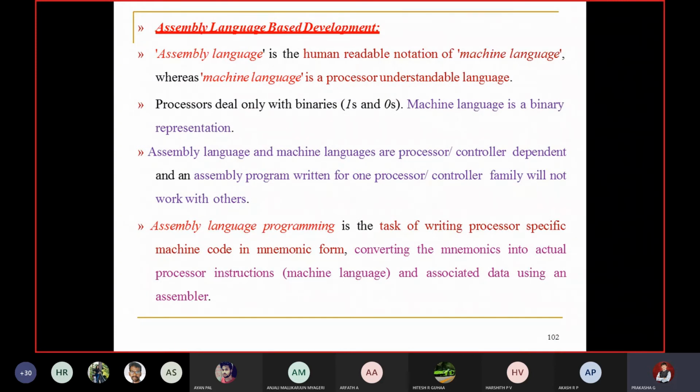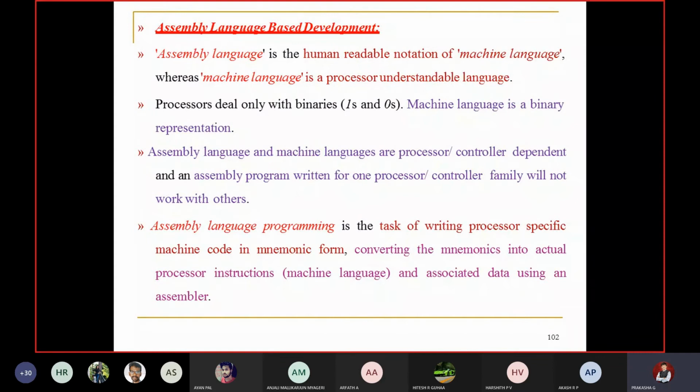Assembly language programming is the task of writing processor-specific machine code in mnemonic form. Mnemonics, that is MOV, STR, LDR, INC, BHI, BLS, all these things are mnemonics. Converting the mnemonics into actual processor instructions and associated data is done using an assembler.